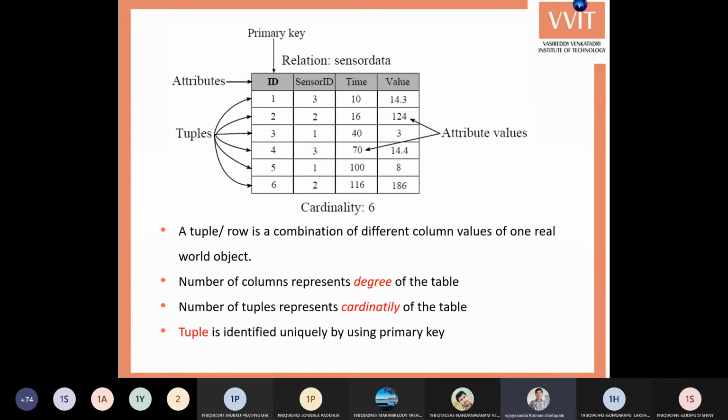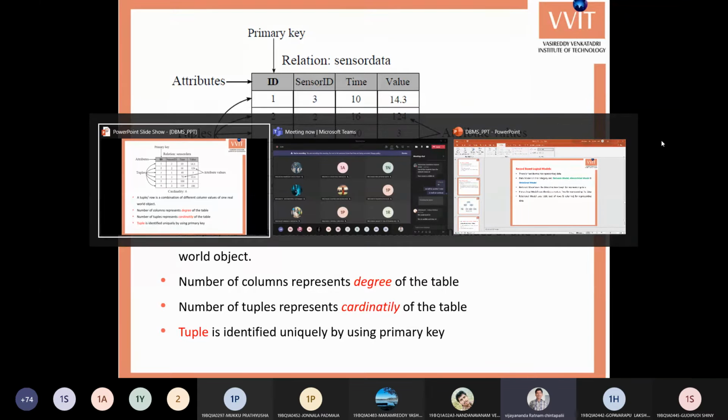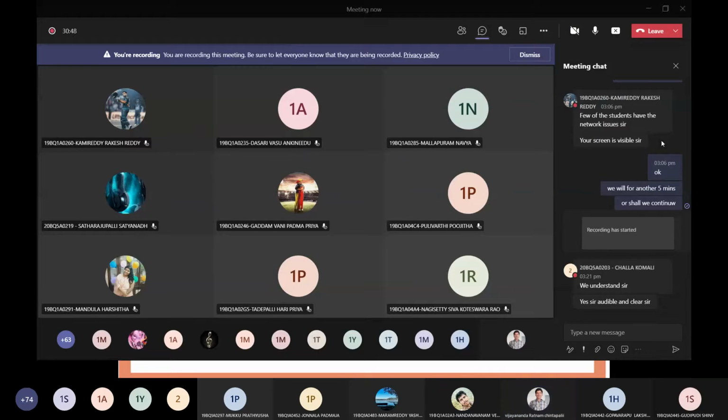For example, suppose I wanted to maintain student data, what attributes can you represent? Every student has student ID, student name, address, and different values. The same thing can also be represented. We'll see with a simple example how to represent this student data by using a relation.